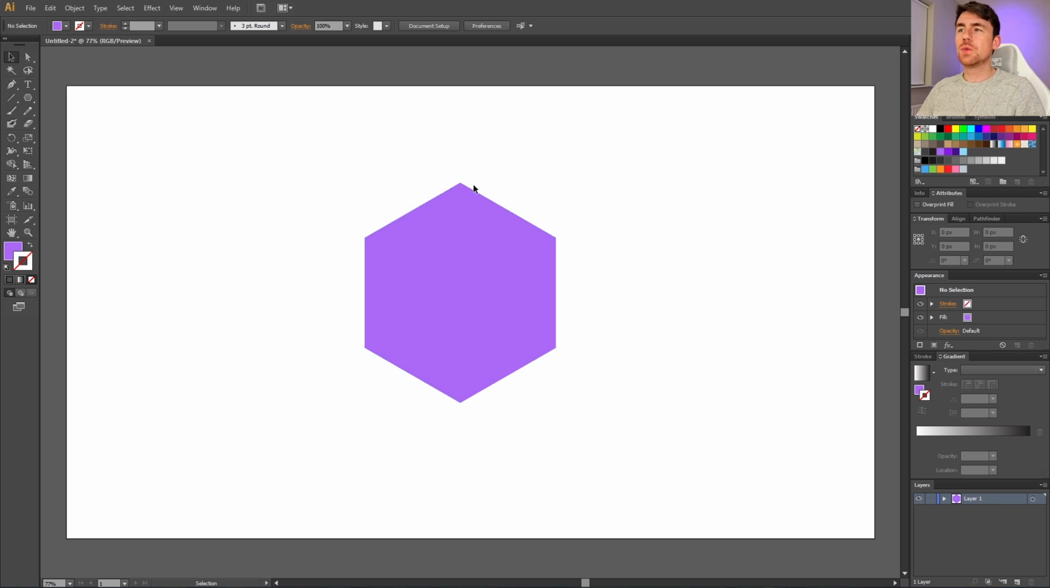What beginners often will do is pick the direct selection tool right here, select the anchor point they want to delete, and simply click the delete button. And as you can tell, it did delete the anchor point, but if we select the shape and give it